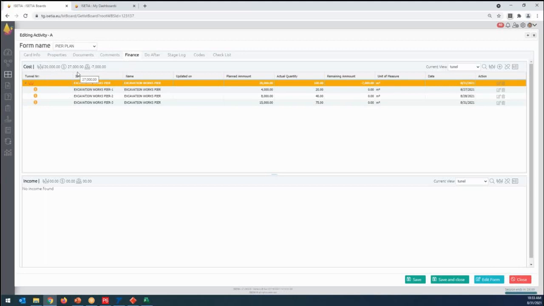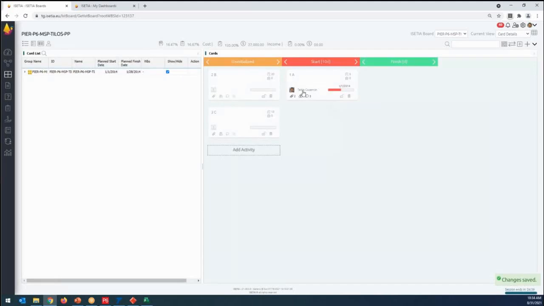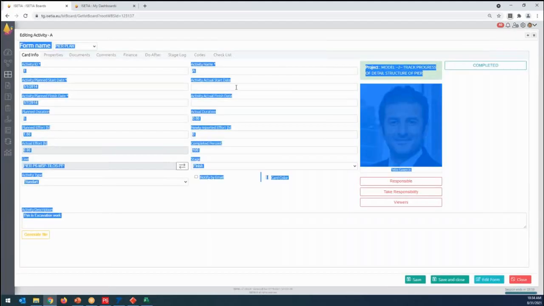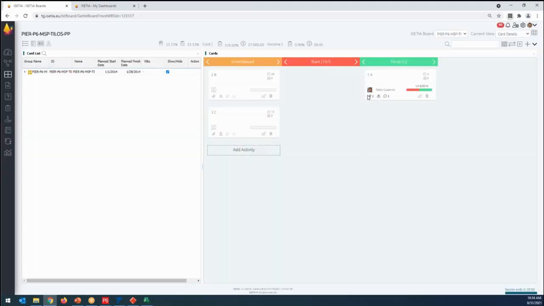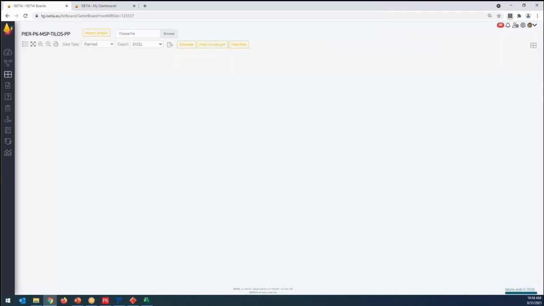So we have a cost control inside of our process, which lets you never lose anything on the activity-based cost control. And save and close, the system is saying this. And then if you move this task to finish, the activity will be here showing that 100% complete. Of course, you can write it here for finish dates, start date, actual finish date to compare with the baseline program. So these three activities, why I'm showing you, because I want to give the logic on how it looks on the Gantt chart.